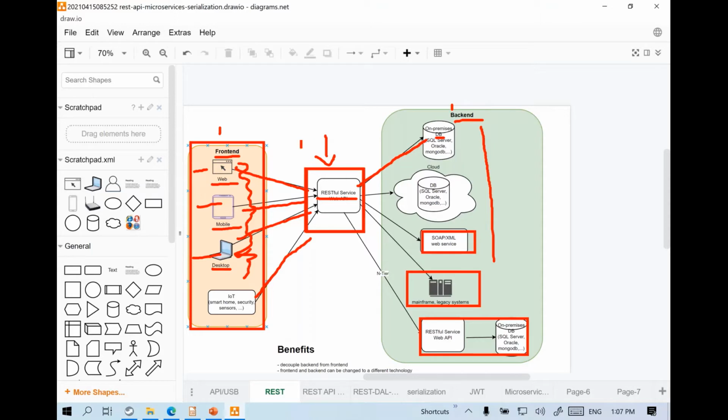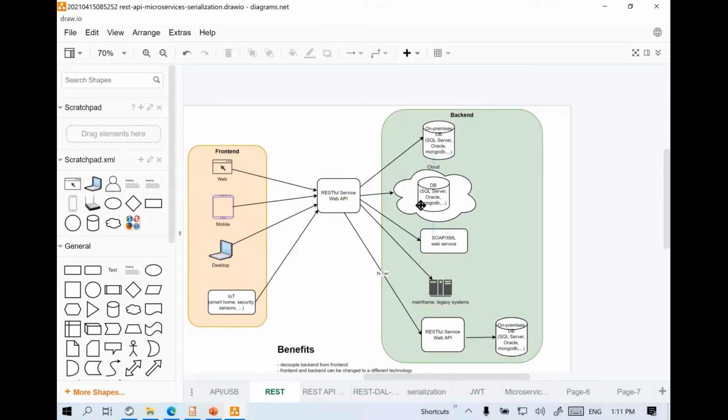So only this layer will have to connect to some underlying backend layer in a technology specific manner, but your front end will be able to connect to this REST API without knowing what backend you're using. So this way we can swap out one backend with another backend. And this way you can basically even choose to have your legacy systems like mainframes as well.